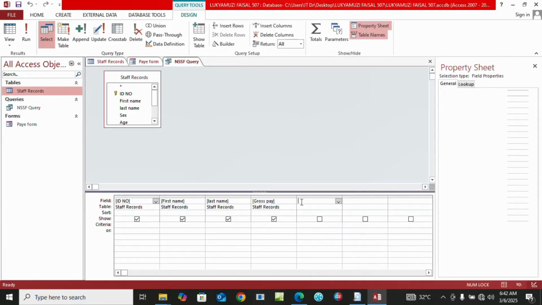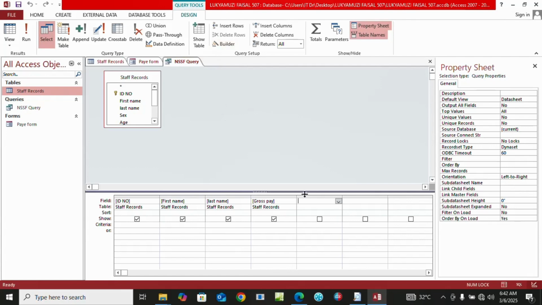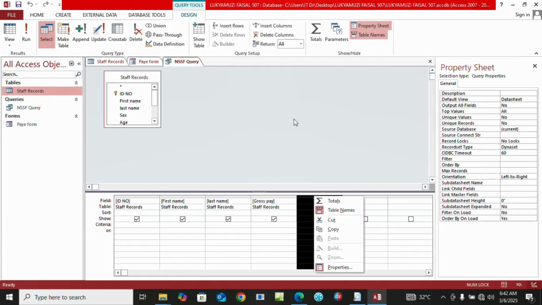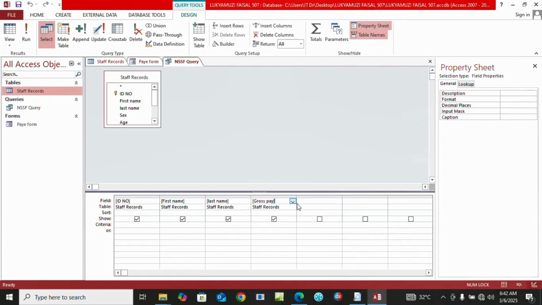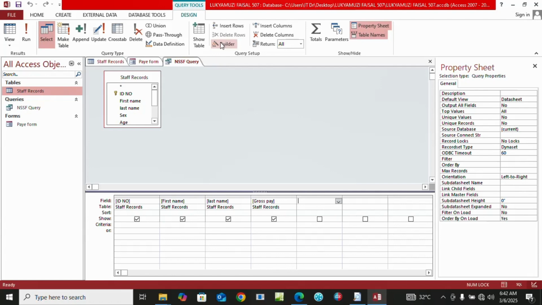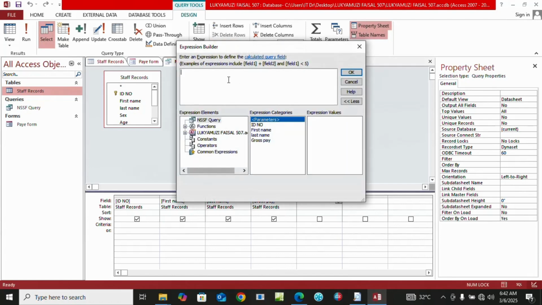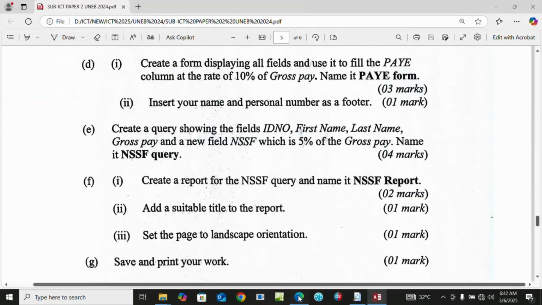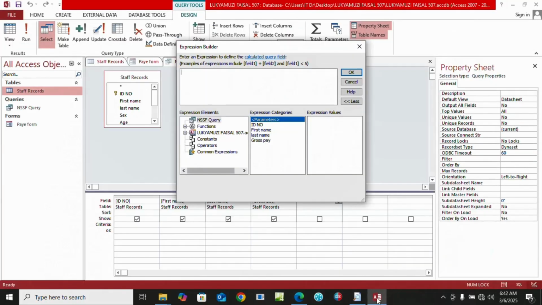Then we come here, we click on builder here, then we type our expression. The question was saying create a query field which is 5% of the gross pay, that is NSSF. So we are going to type 5 over 100 times gross pay, double click here